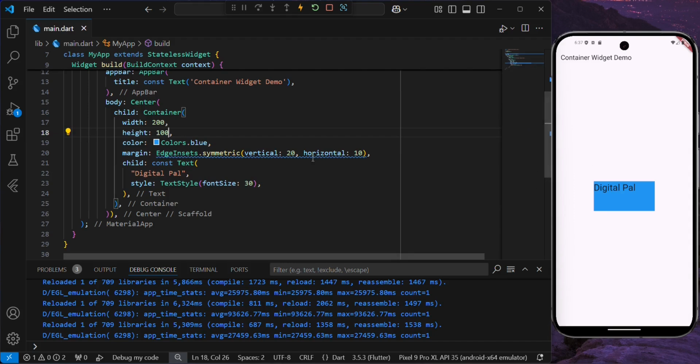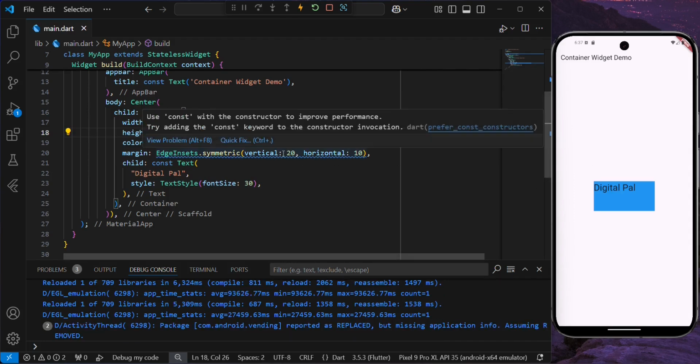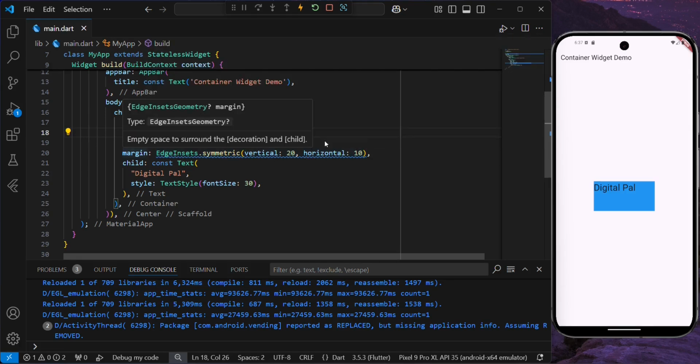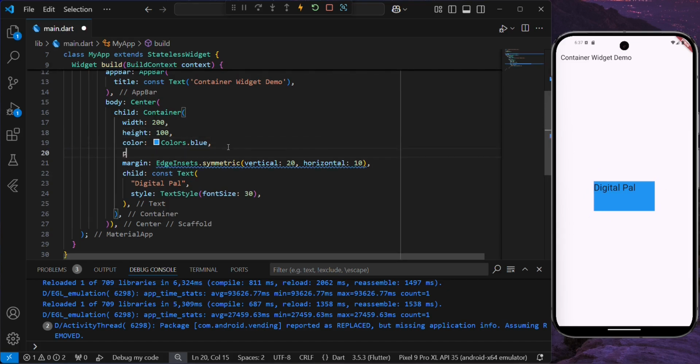So you can see this now. For the margin, I have added 20 for the vertical and 10 for the horizontal. When we talk about margin, it's more of an outside space which you give to your container. It's outside. But when you talk about padding, just see it like you buy a new TV set,